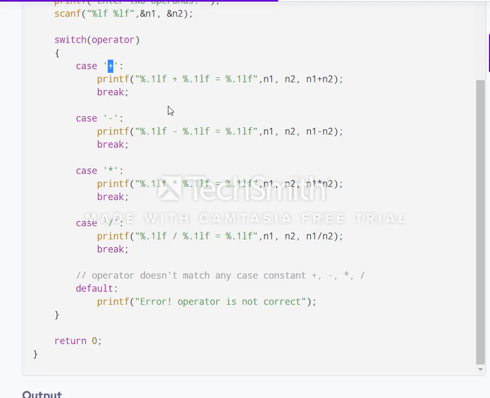Okay, this is the difference. Do you understand here? Break means it breaks only after executing that case, but continue means, for example, if here I give continue, it will continue to the next case also. If you use break here, then it breaks from this case and goes to the outside of the switch case. Okay, so this is the switch case. It is very simple compared to the if else ladder.